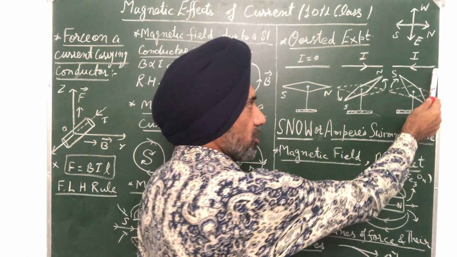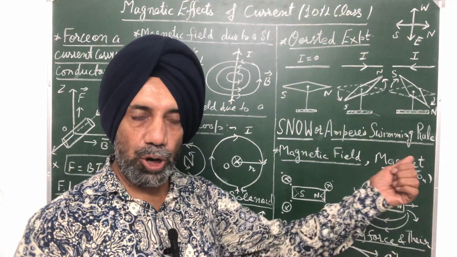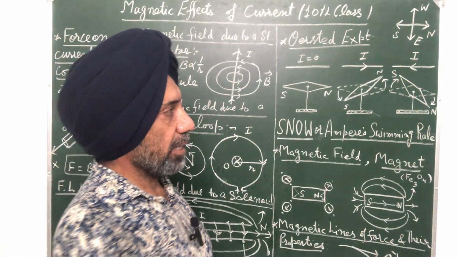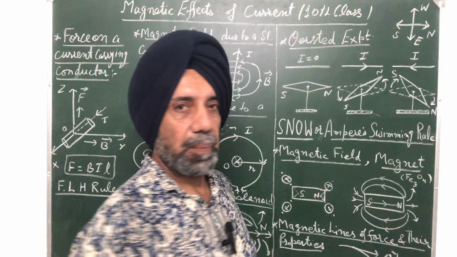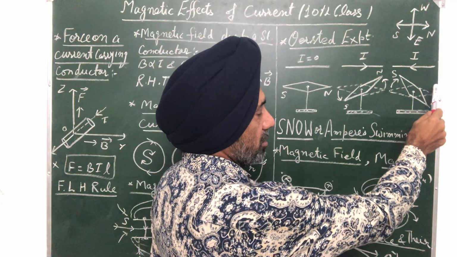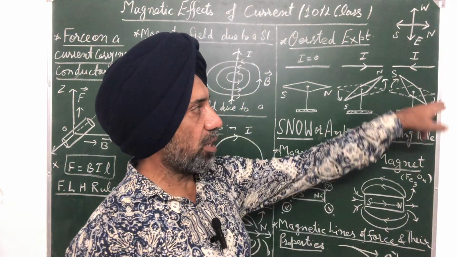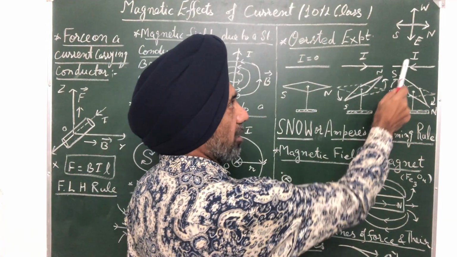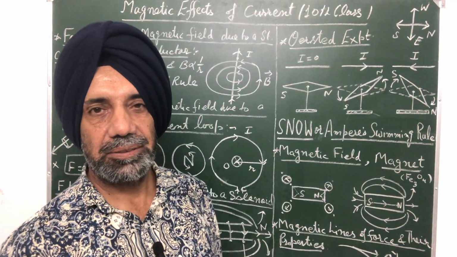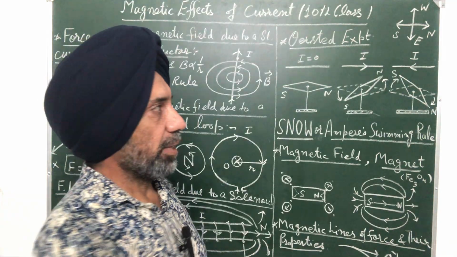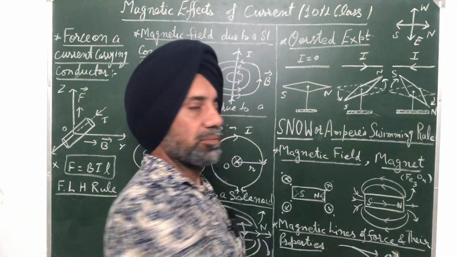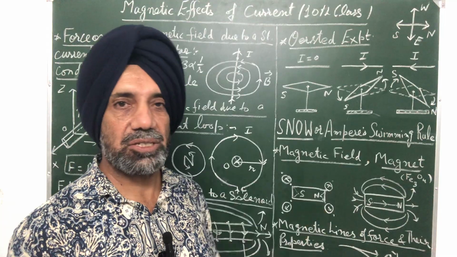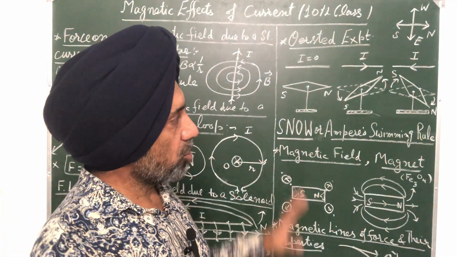Now when direction of current is reversed, that is from north to south, then the same needle gets deflected: north pole of the needle gets deflected towards east instead of west, and south pole gets deflected towards west. Means direction of deflection is reversed when direction of current is reversed. So this proves that